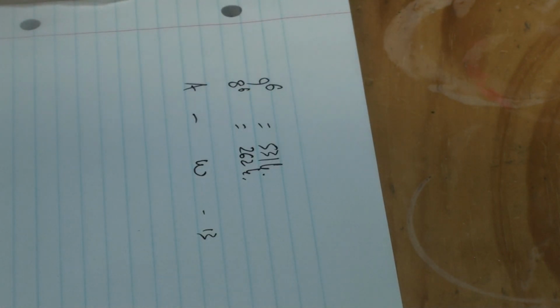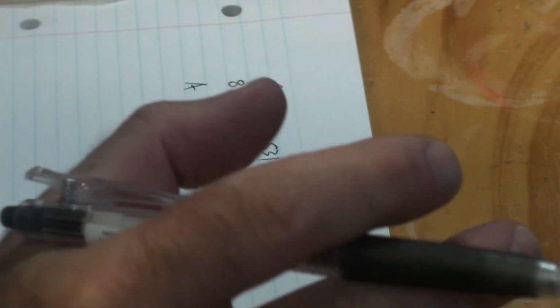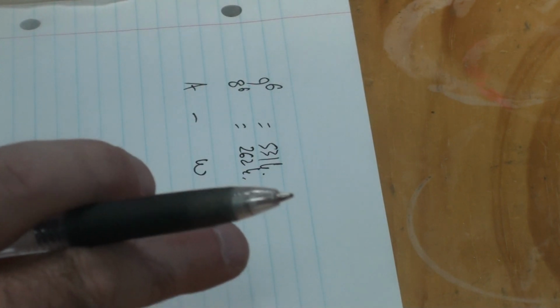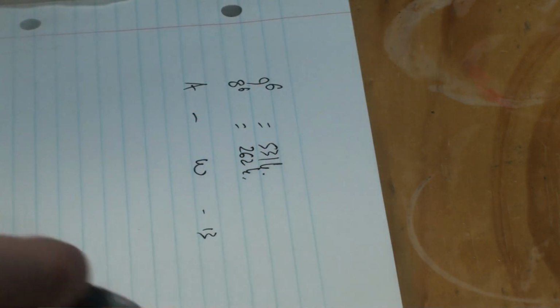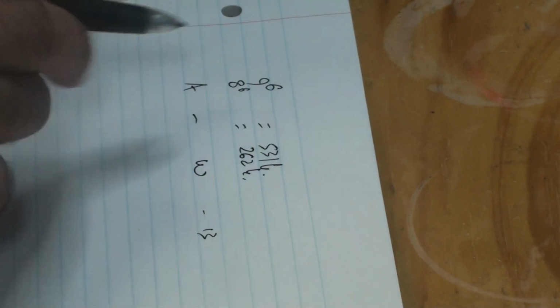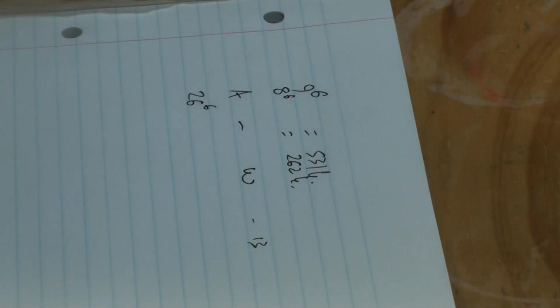But wait, there's more. So not only have we got 13 possible key pin sizes, shall we say, but because these key pins are reversible, we have actually got double that number of possible key pins. So instead of having 9 possible key pin lengths or sizes, we have got a total of 26, believe it or not. And the maths on that is absolutely phenomenal. 26 to the power of 6 is